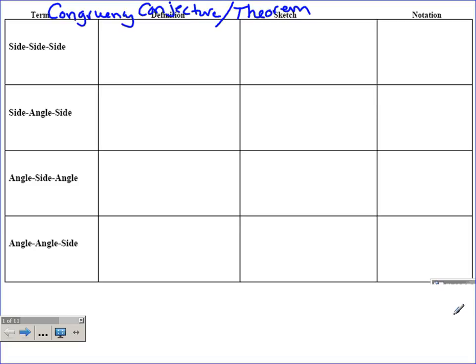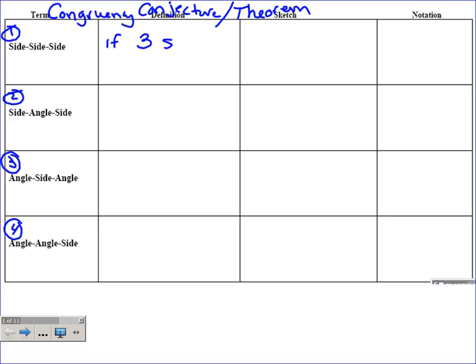So conjecture or theorem, we're basically at four of them. Here's one, here's two, here's three, and four. These should be very straightforward, very simple, but they mean something different. Angle side angle is different than angle angle side. They mean different things. And really today the picture is going to probably be the most important thing. So this basically says that if